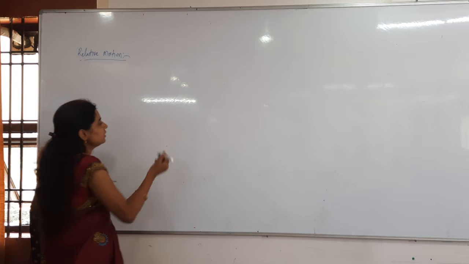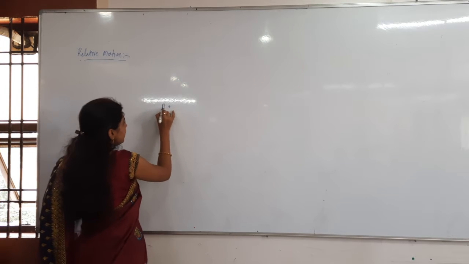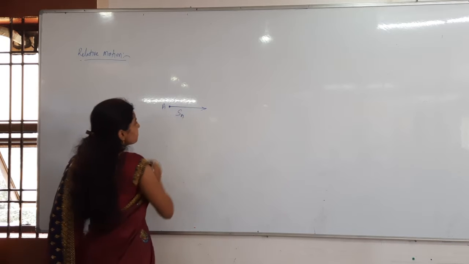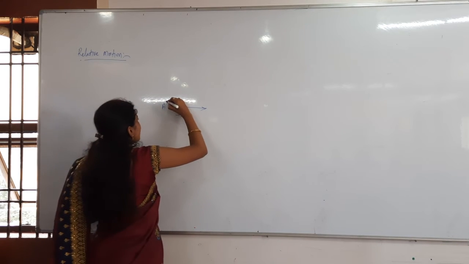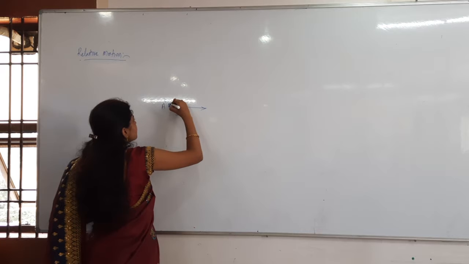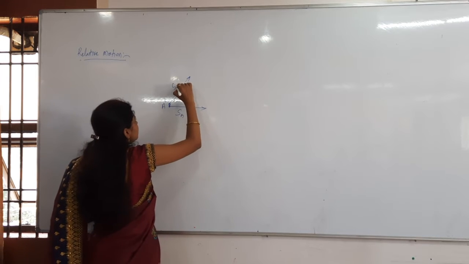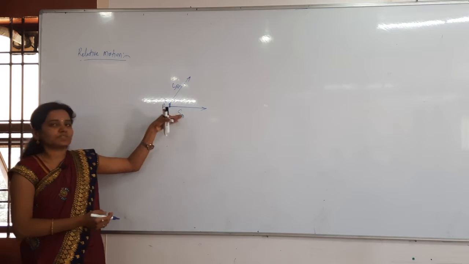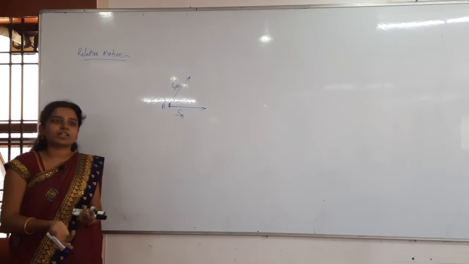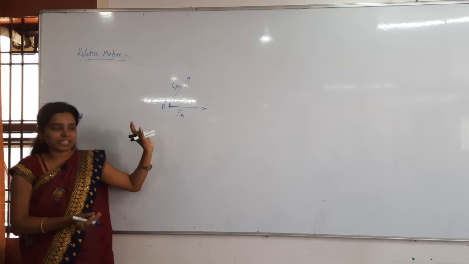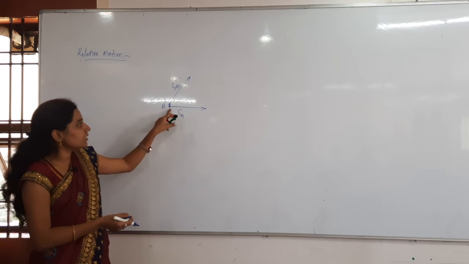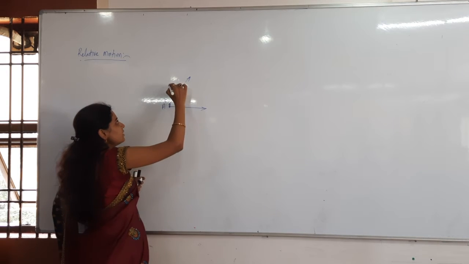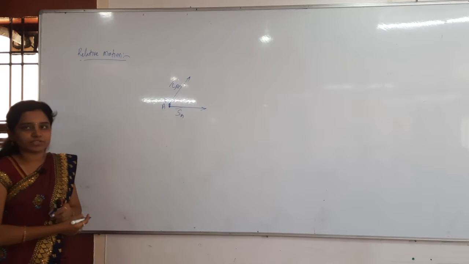So relative motion is nothing but the motion of one body with respect to the other body. That you have to take. Whenever I take a body A having displacement in this direction as SA, and body B is also starting from the same point, moving in this direction, having displacement SB. Otherwise you can consider VA and VB also. You can either consider the velocities or the displacements. So displacement of A is SA bar in this direction, displacement of B is SB bar in that direction.